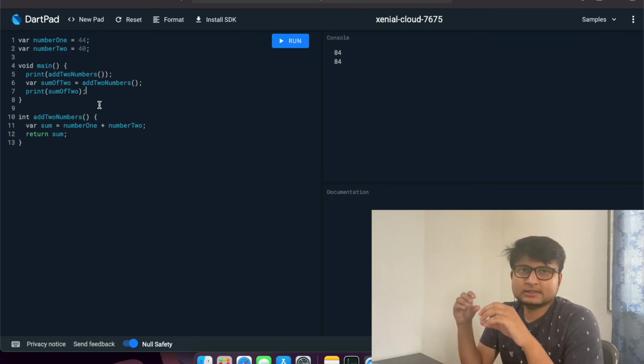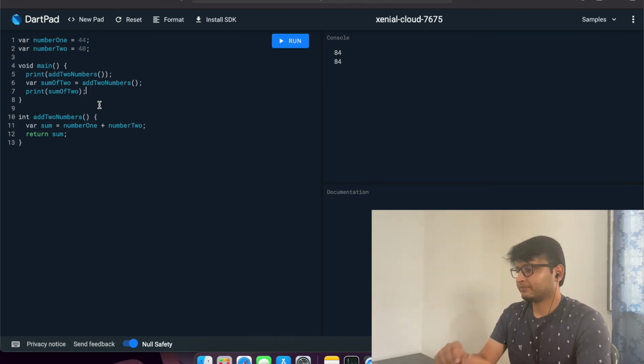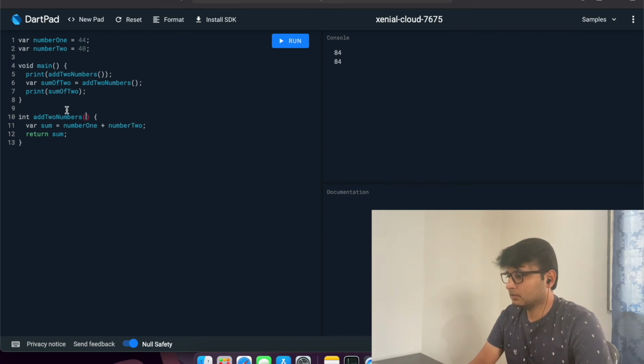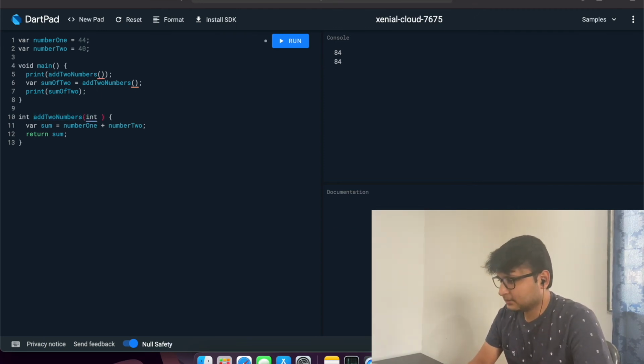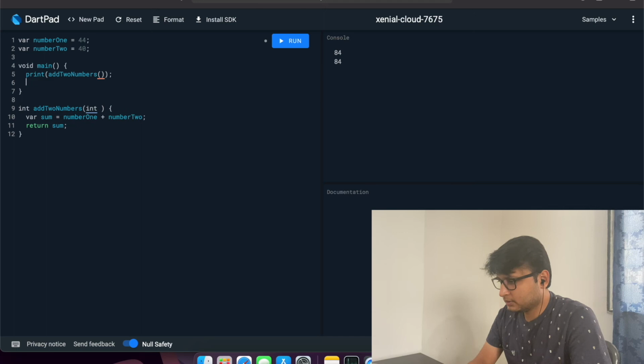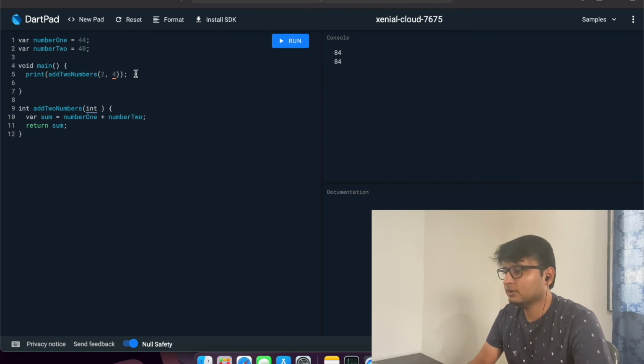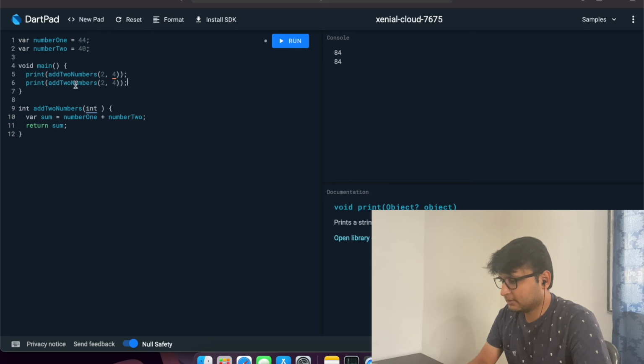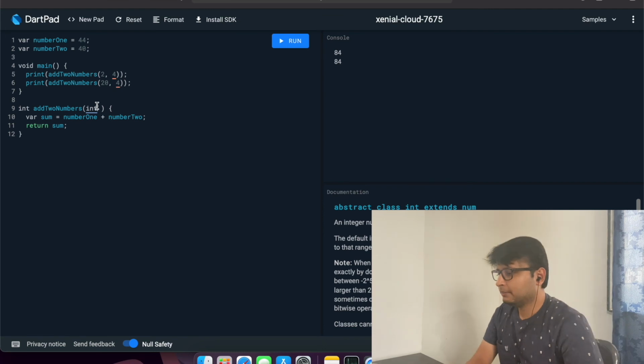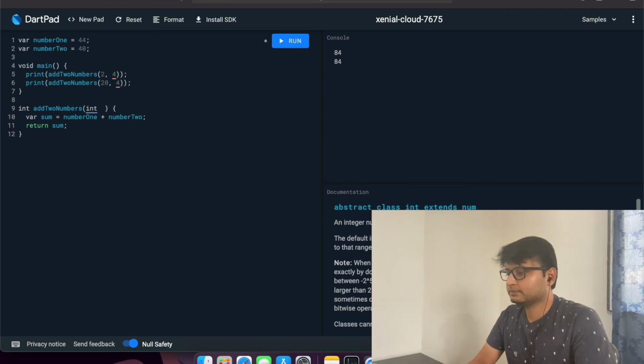Here what we do, we pass some parameter value to the method. Suppose you have to do this add two numbers for different sets of numbers, then how will you do it? You can pass the parameter here. Let me delete some lines of code. Now you want something like this. You have to pass the numbers here. Hey method, just add 2 and 4. Suppose now again you have some other calculation, 20 plus 4, then how will you do it? You can do this type of coding using the parameterized functions.